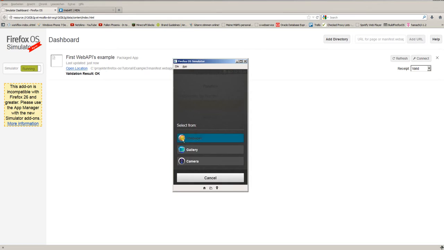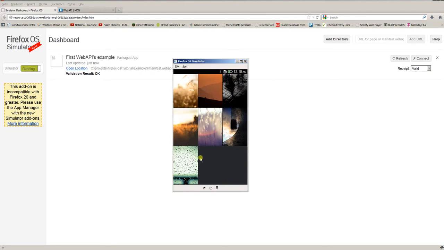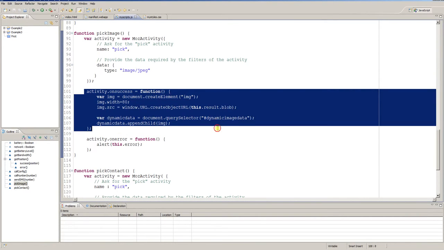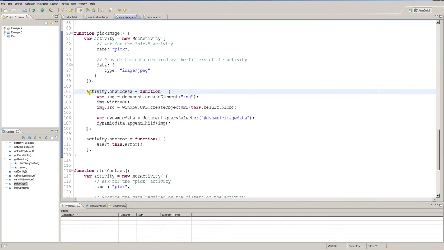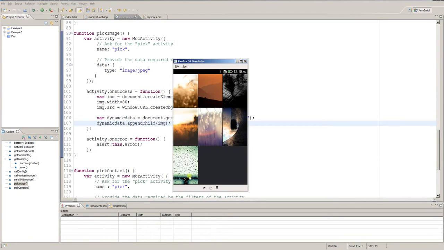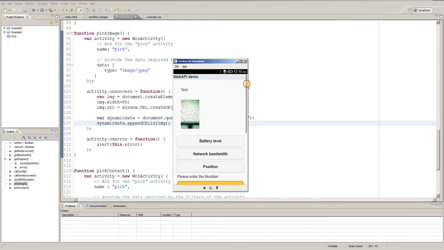So I select wallpaper, I select an image, and in the moment I select this image, the method activity on success is being called. This is what you have to imagine. And if I click the image, this function is called, and dynamically at the position of the